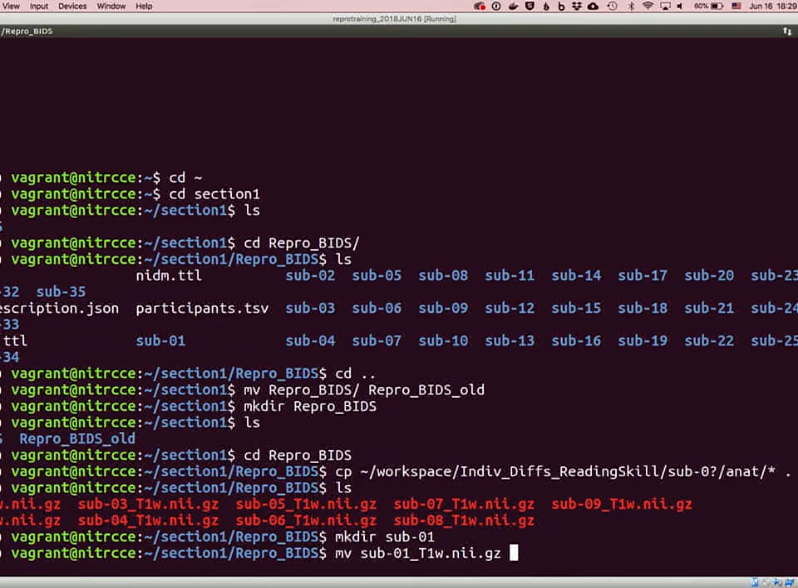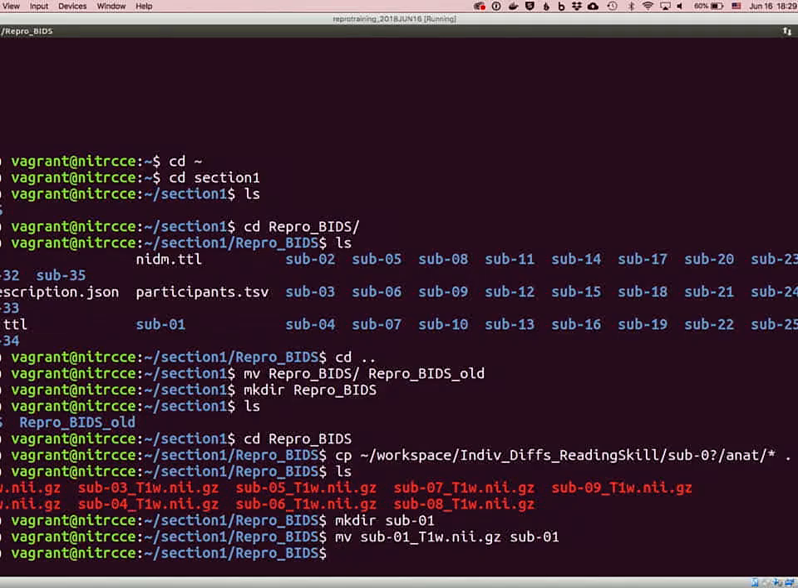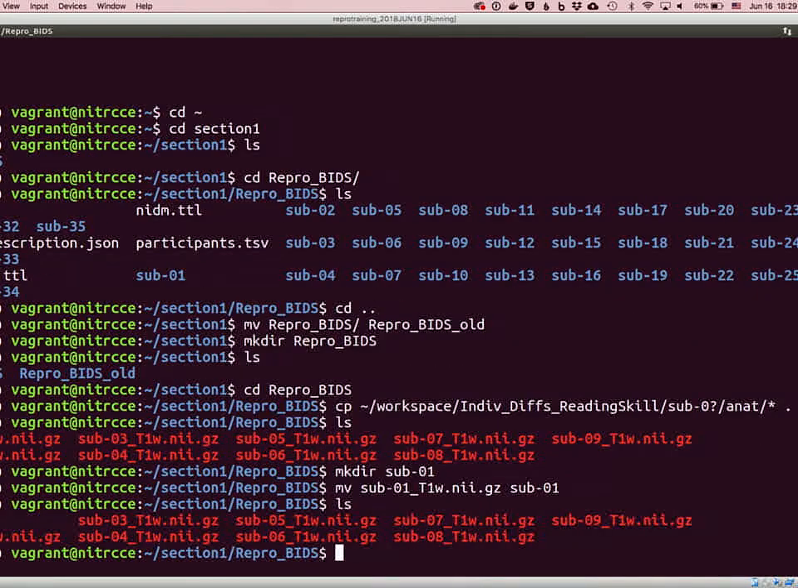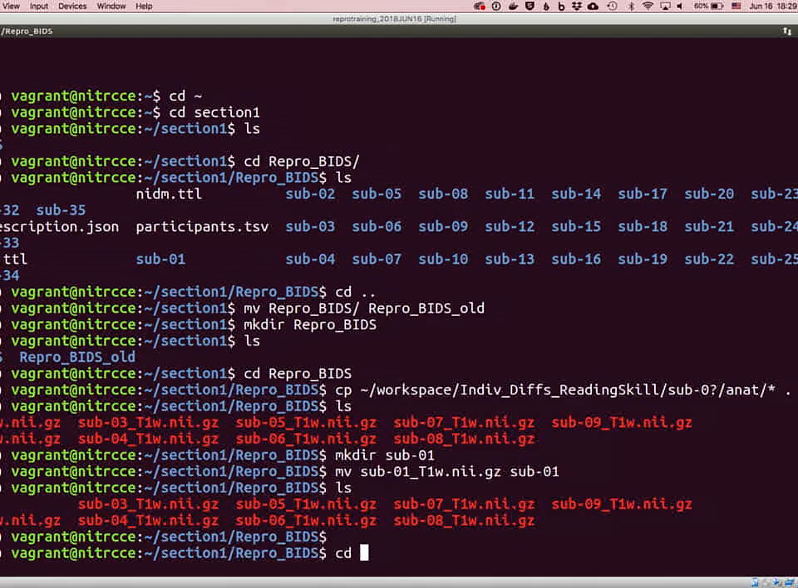So in the command line, if you tab, it will complete, and then you can move that to sub-01, right? And then you can do that for the rest of the files, and you'll end up then with the directory structure. And then if you go into sub-01,